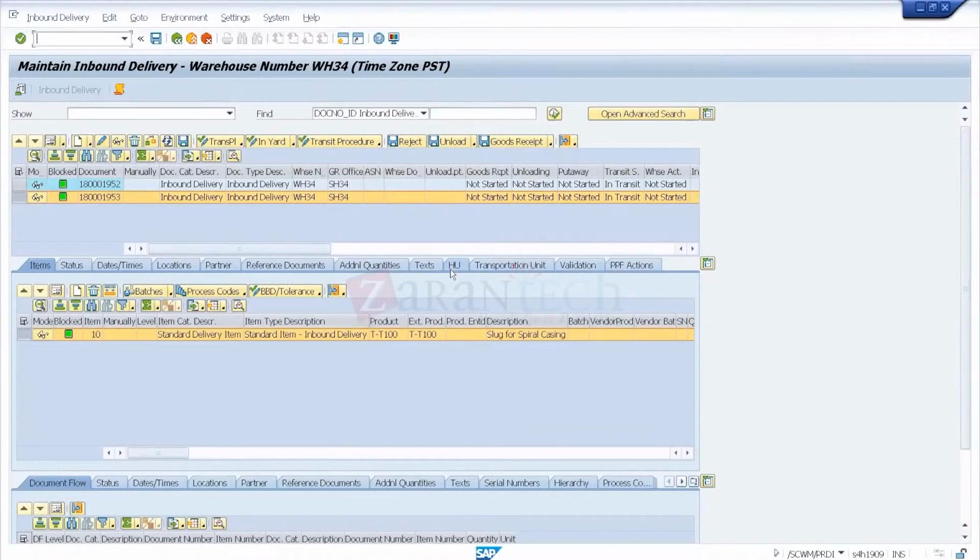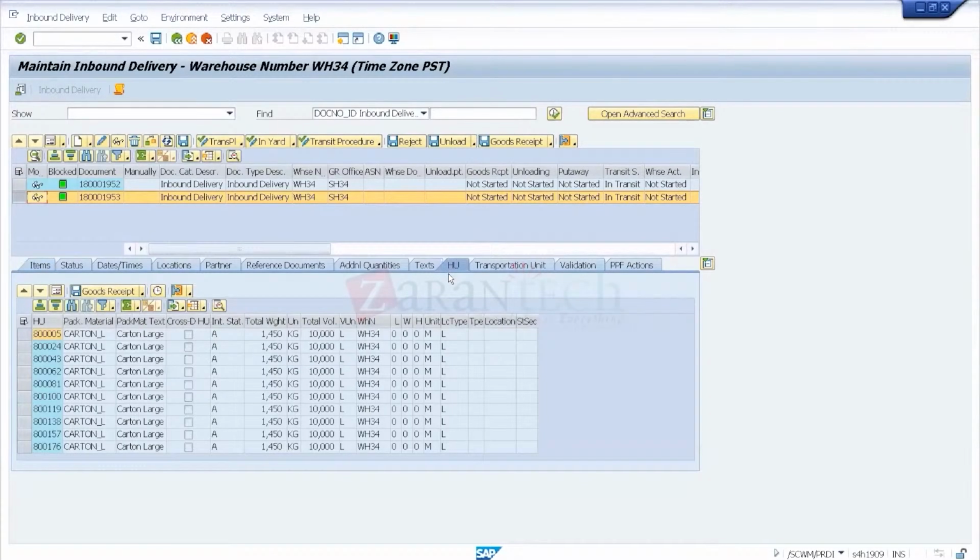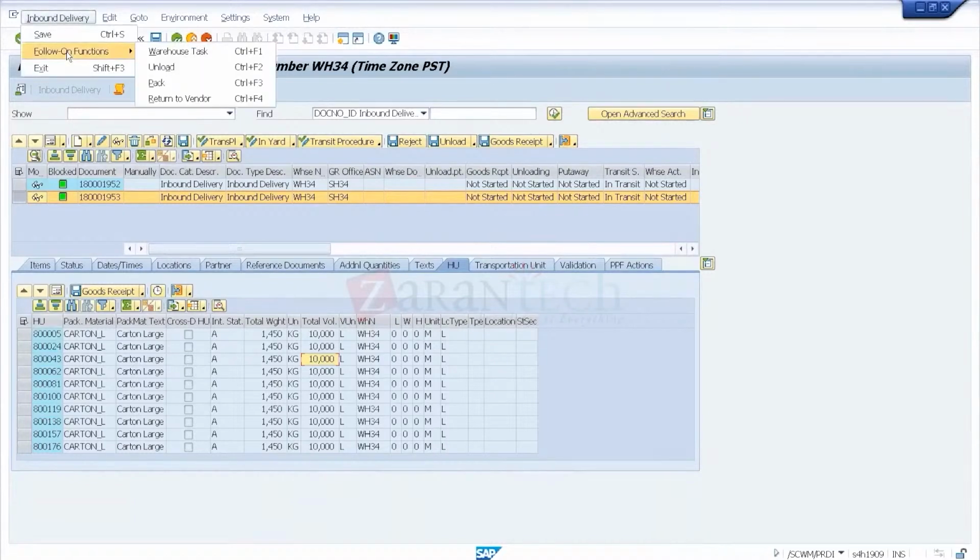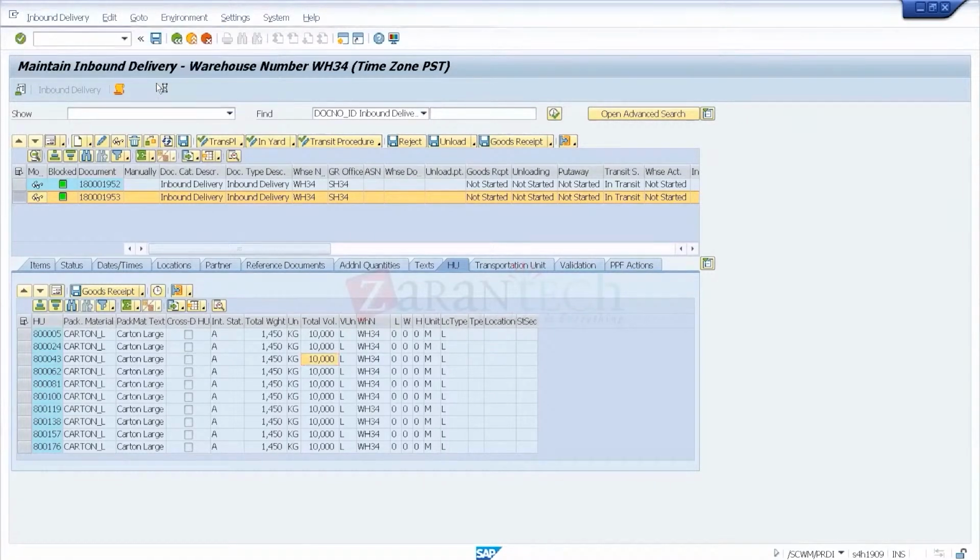Here you can go to inbound delivery, follow-on function, pack, and you can see the handling units. You can also see it in the handling unit tab. This is inbound delivery. During the inbound session, we will go through each tab and all the fields of inbound delivery. We'll come to that, but let's focus on the handling units as of now. If you go to follow-on function, pack,